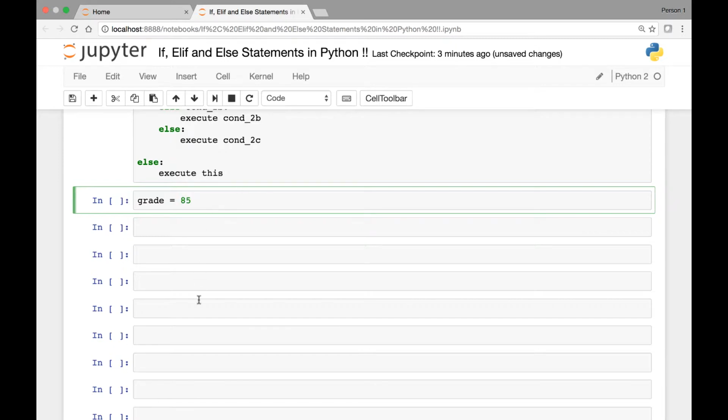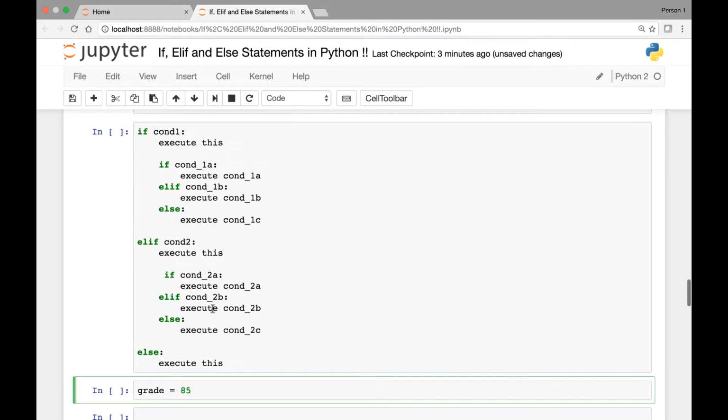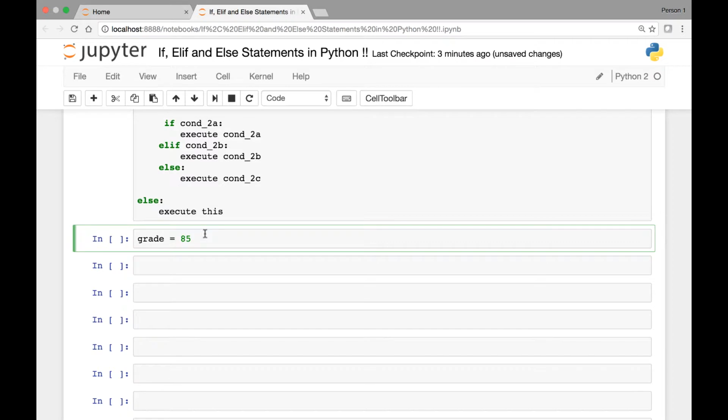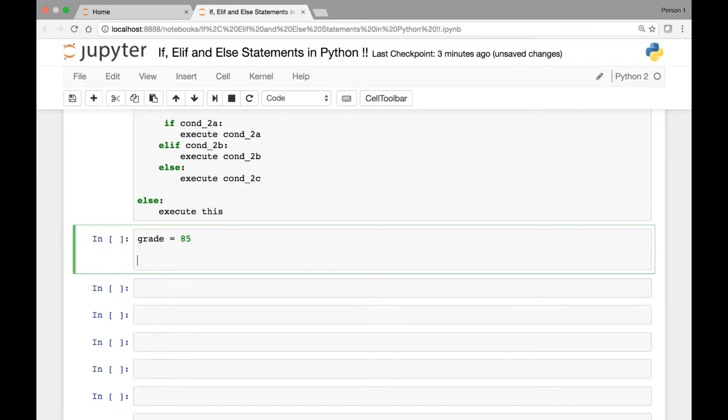So we'll have nested if, elif and else statements to check a student's grade. Let's start with our if, elif and else statement. So we can say if grade is greater than 60,